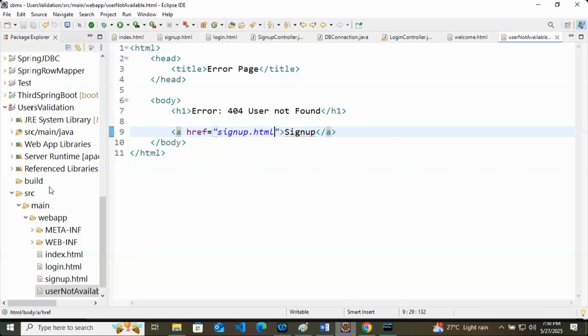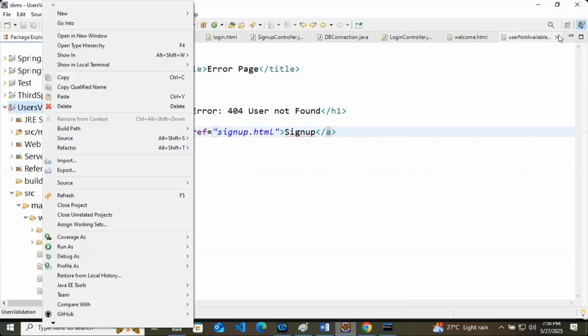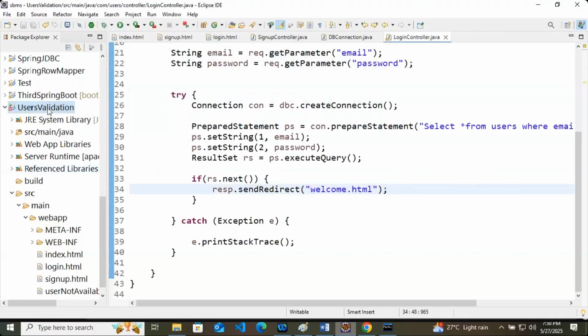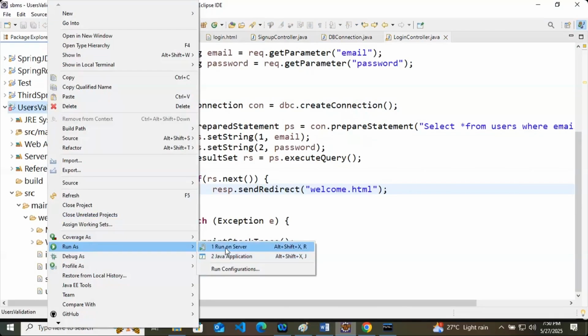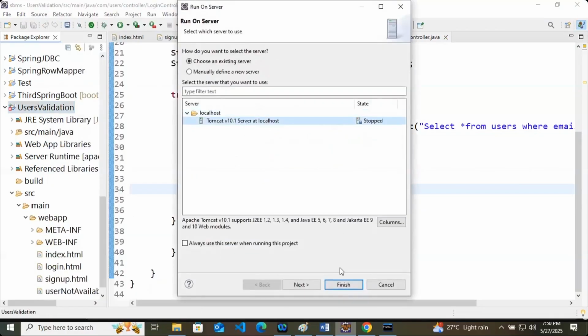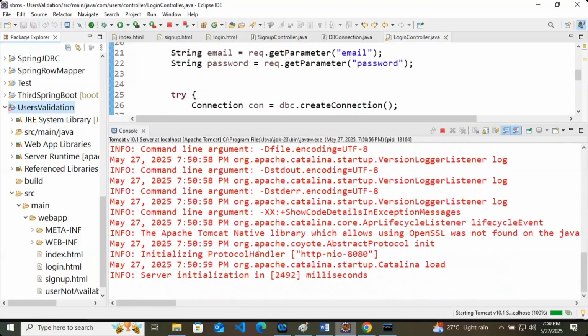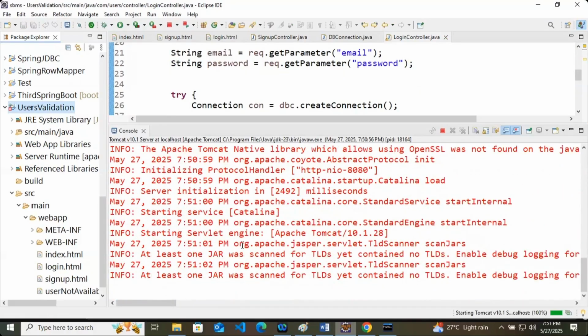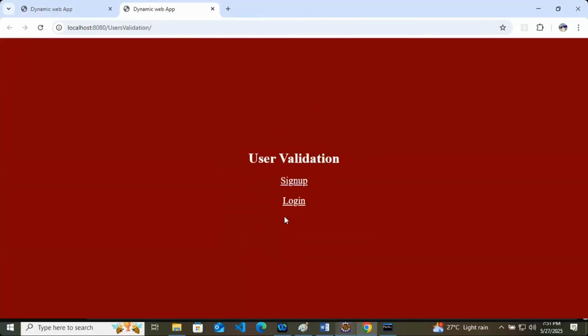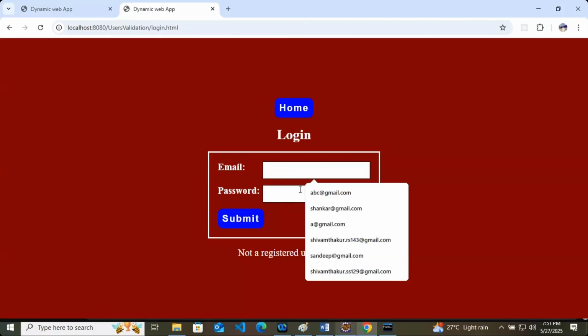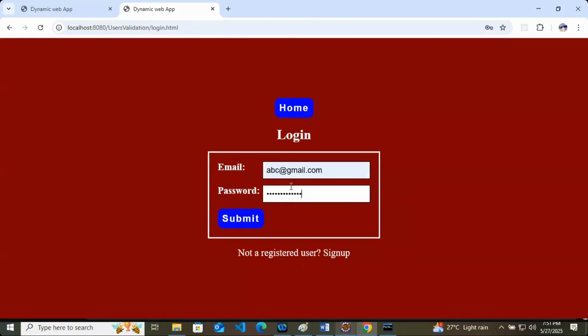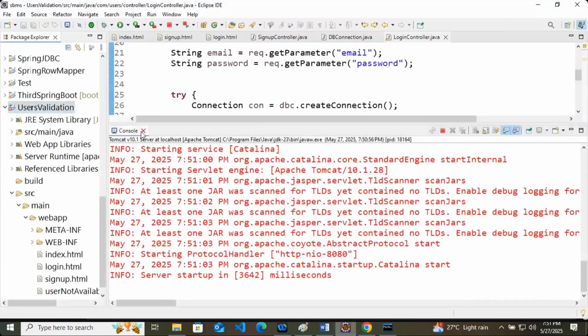So let's start the application. I will do login. At first I will write random values or a wrong password like this. Submit. After doing the submit, here we didn't get anything.